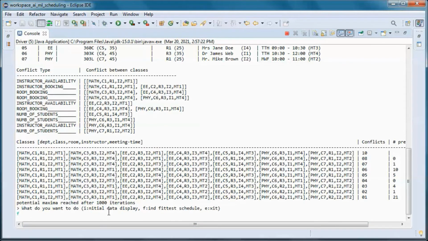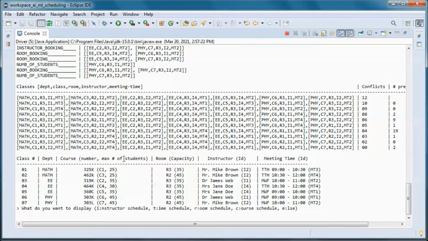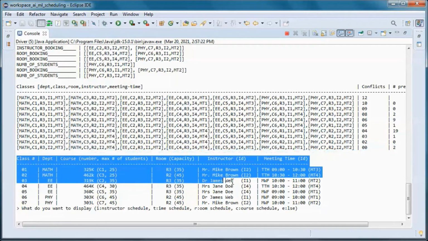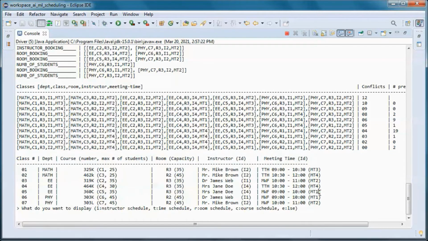So let's try again and again, and here we go. So we got this schedule with 0 conflicts, and this is a table representation of that schedule.